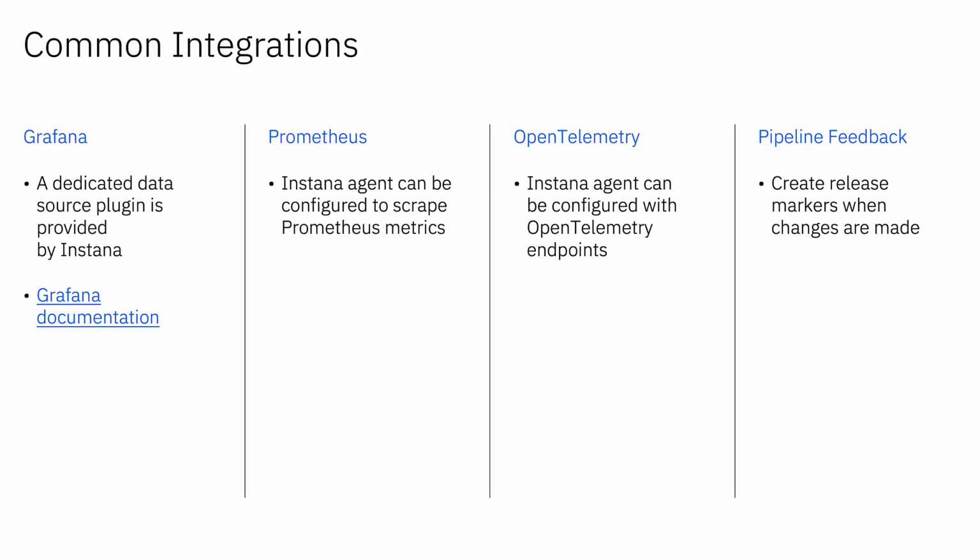And if for any reason you have already invested into Prometheus and have these Prometheus metrics exposed, or if there is something that the Instana agent is not collecting on its own, you can configure it to scrape those metrics. So periodically check the values and send them back to the Instana backend. So you can use them for alerting, for dashboarding, and treat them the same way as the regular metrics that